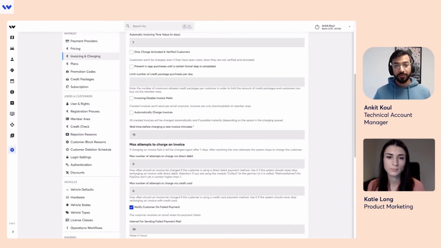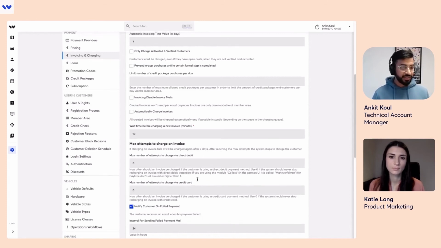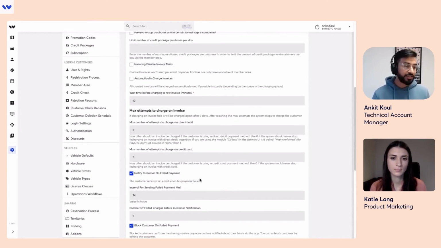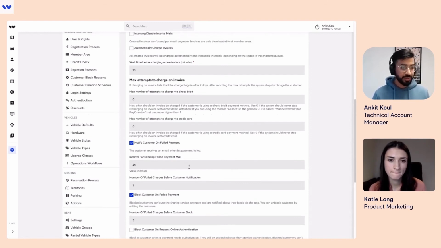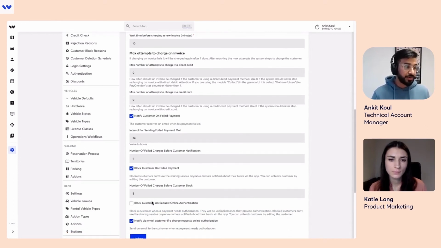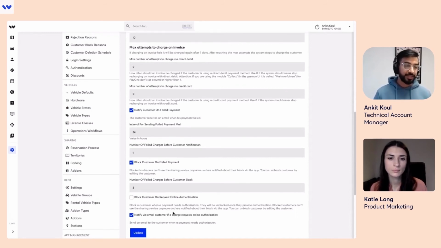Then additionally, the operators can also decide when they want to block this customer from using the service if there is a failed payment, right? So as you can see, the settings of number of failed charges, you can easily set it up. For example, as an operator, I want to say that after 2 failed charges, I just want the customer to be blocked from the system so that he or she cannot use the system anymore, right? And also notify the customer that the payment did not go through, and you have to pay before starting to use the services again.